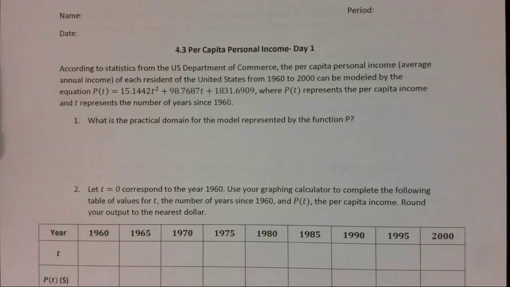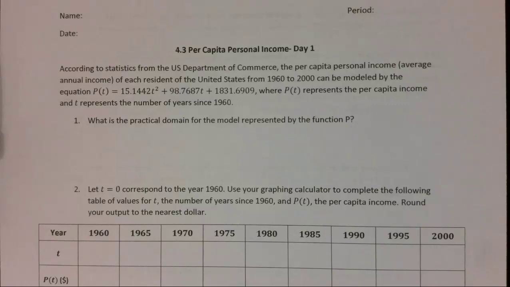Alright, so in today's notes, we're talking about per capita personal income. That's a really fancy way of saying the average annual income per person in the United States. So anyways, according to the U.S. Department of Commerce, they can model the average annual income using the model P of T equals 15.1442